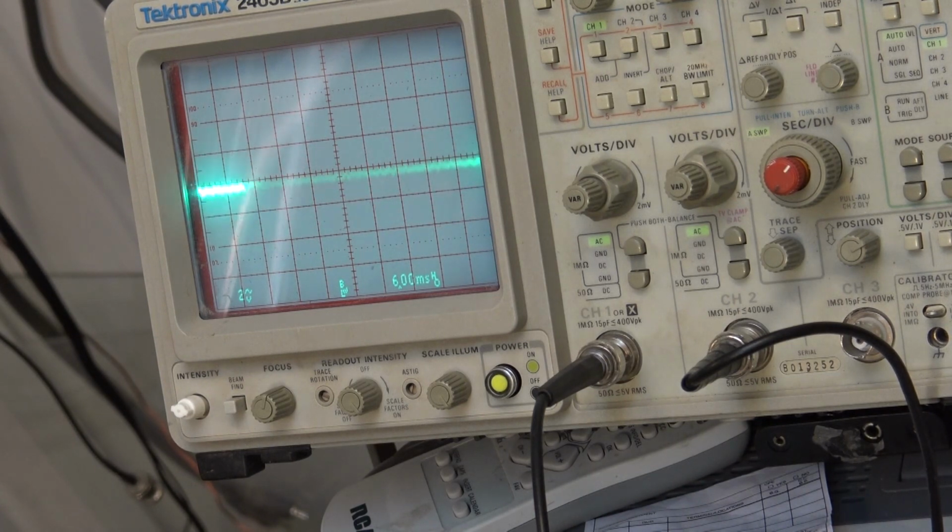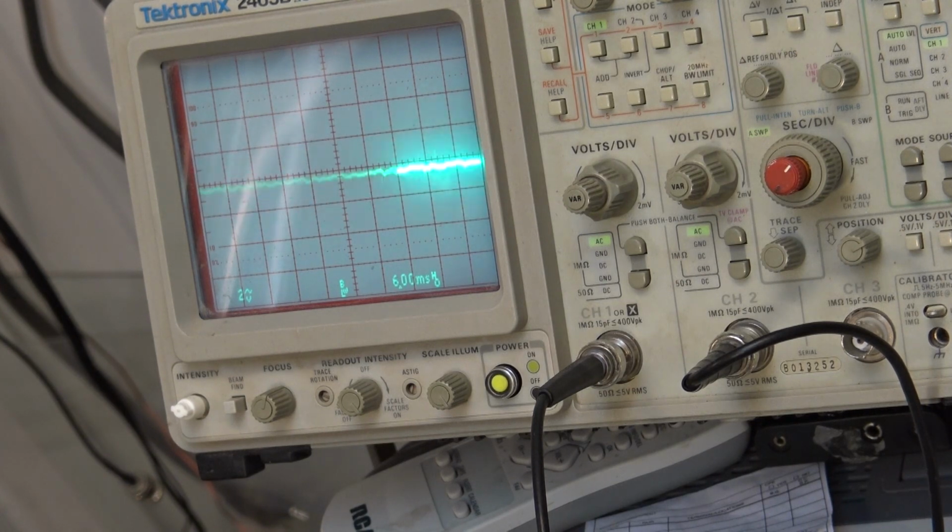Now, of course, if I drop the voltage down here, I'll take it down to 5 volts. We'll watch what happens. It's just going to clip, because it's going to try and produce a nice, strong signal, but our rail-to-rail is only 5 volts, so it's not going to go any higher than 5 volts. It's going to distort. See what I mean? But if I crank the voltage up,